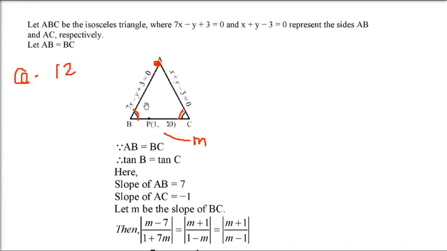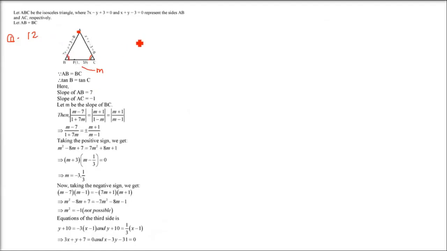So we have these two sides, and angle B and angle C are equal, but angle C is 180 minus B. You can't take the slope directly, you have to take it from the positive x-axis. So tan B and tan C are equal in magnitude, but one is negative. Angle C is 180 minus B; if you subtract from 180, then only you get C.